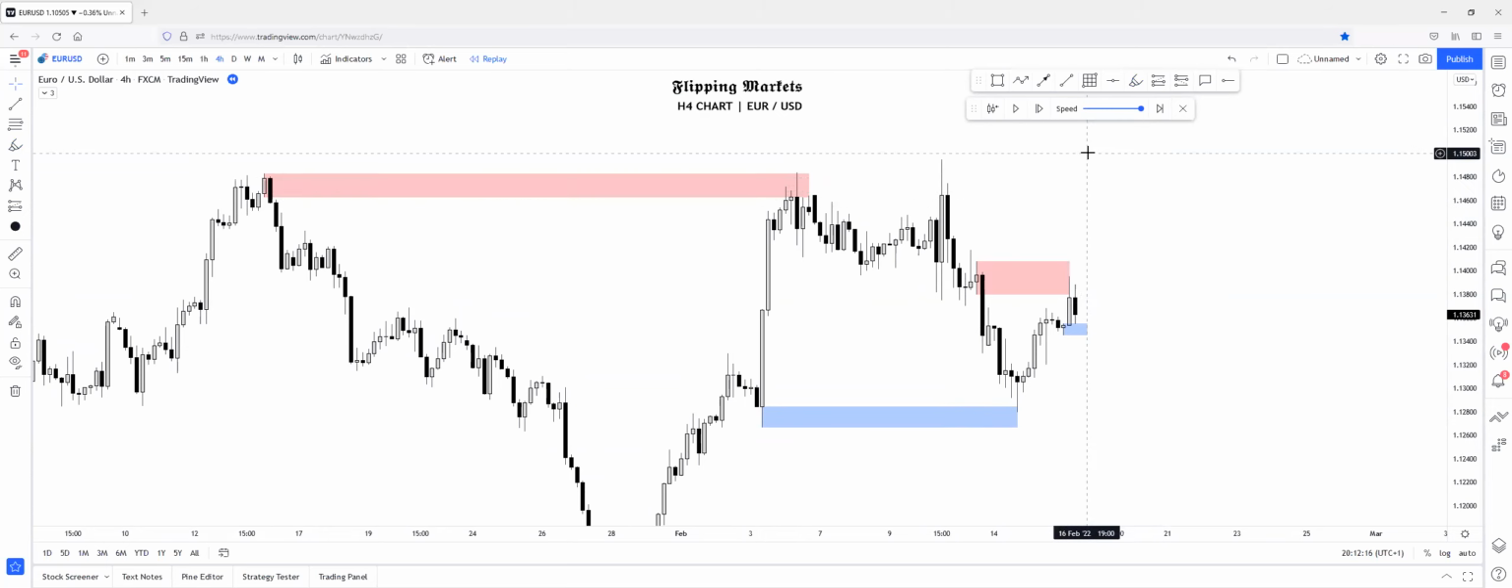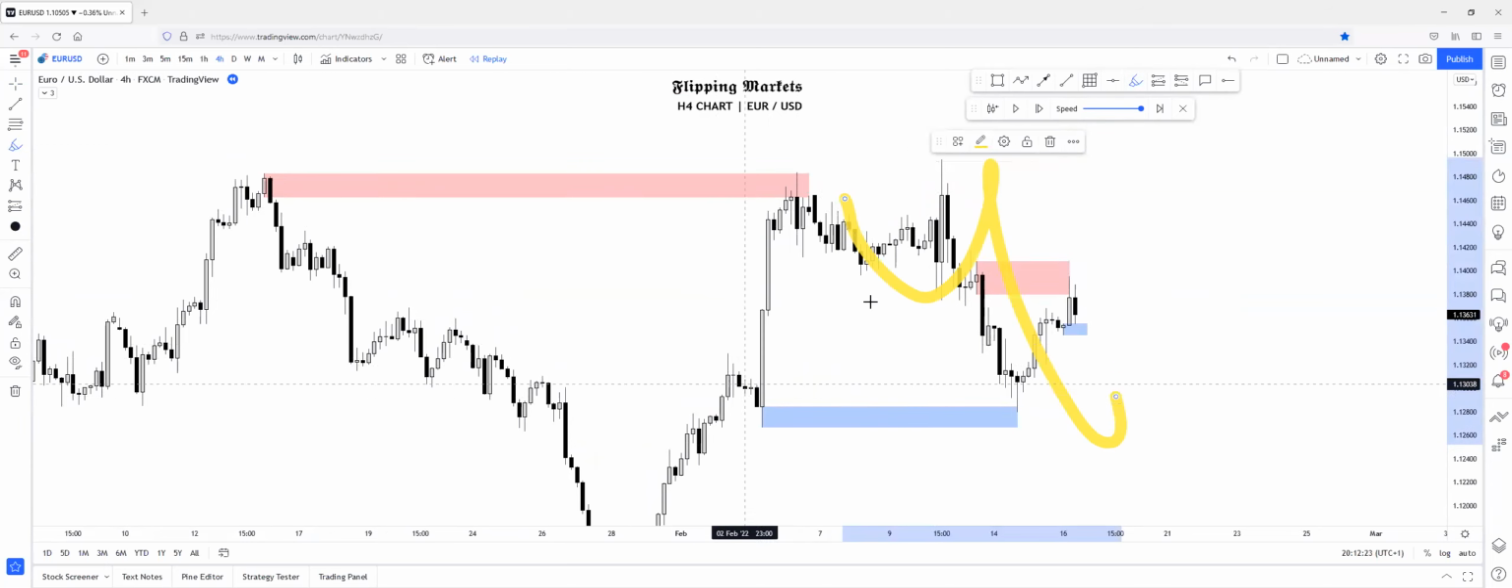The short trend and the short opportunities will be stronger than the long opportunities this day, because as you can see, price is in an extremely bearish trend. Okay,